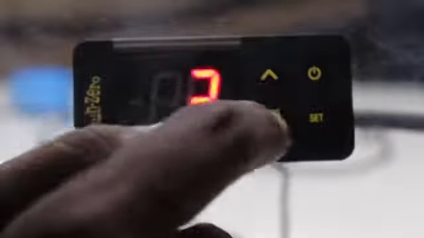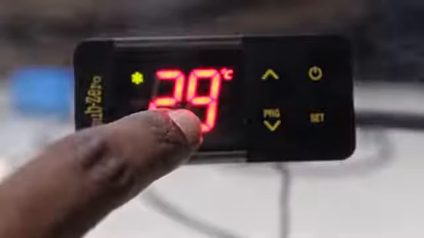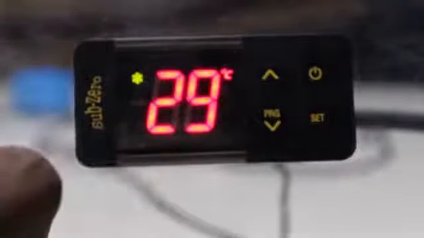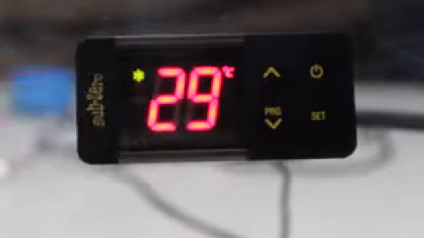Right now this is still the default 3 minutes. You can decrease or increase it using the up and down keys. Now we set it to 0 for our application. As it is 29 degrees Celsius and our set point is 25 degrees Celsius, your compressor is on.